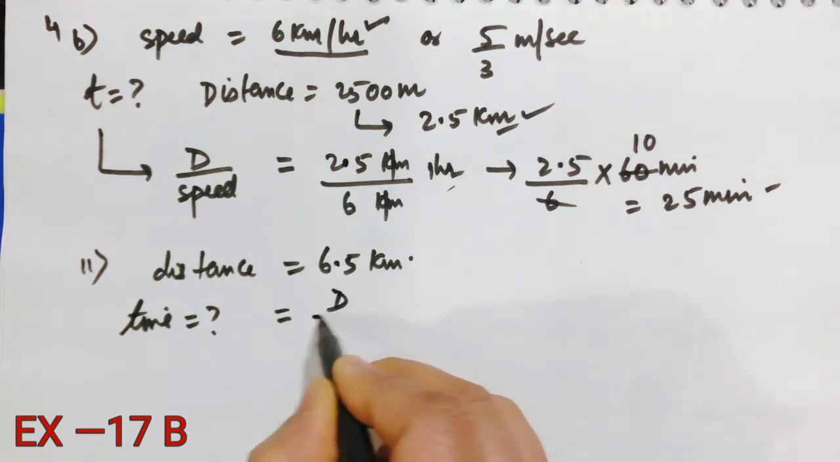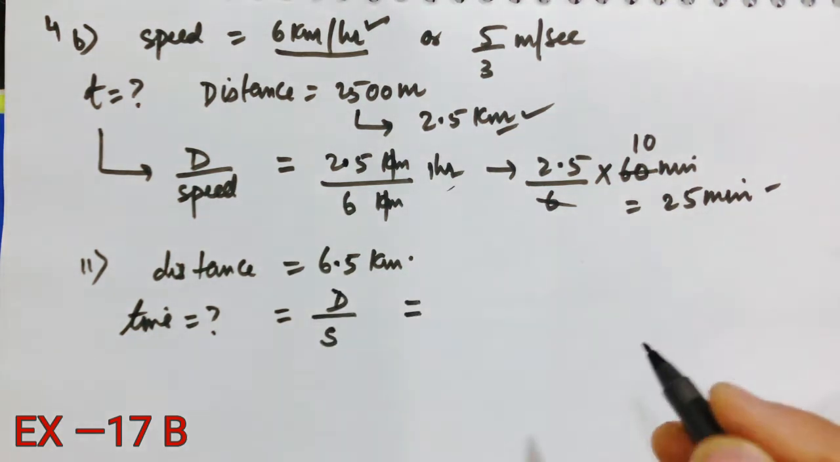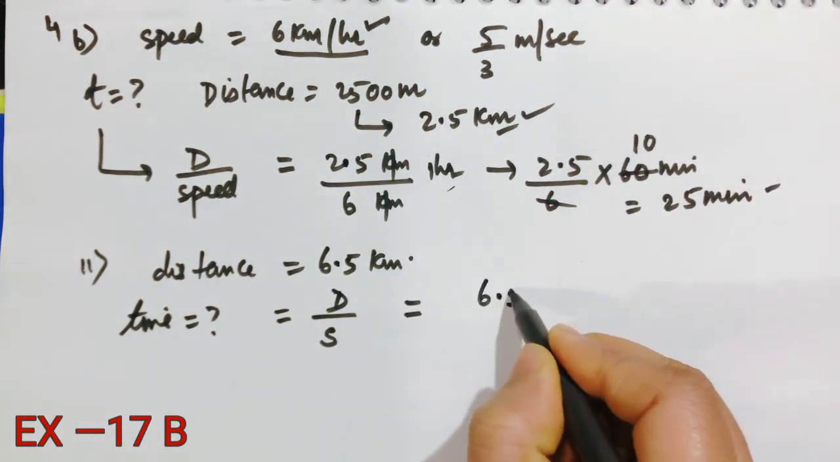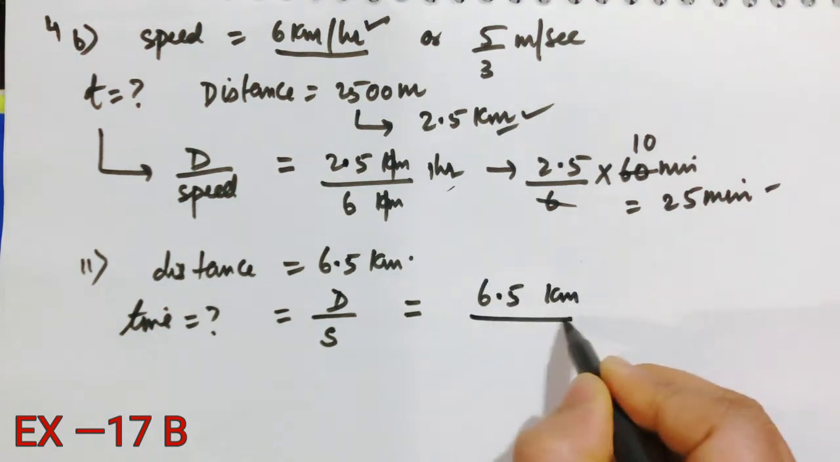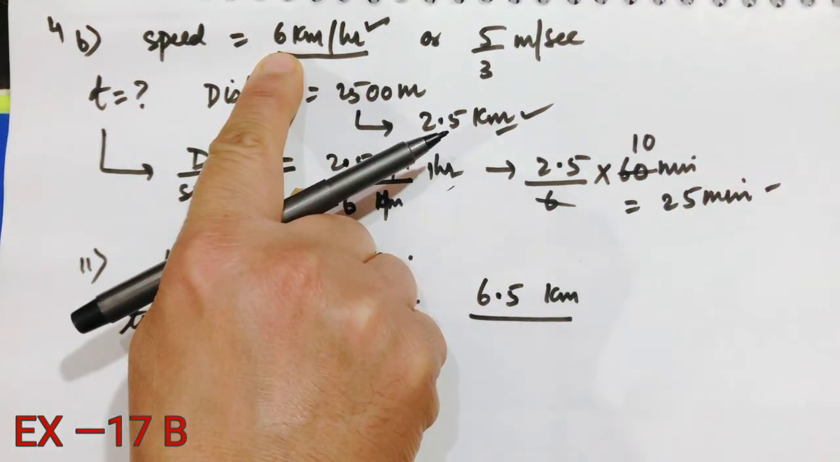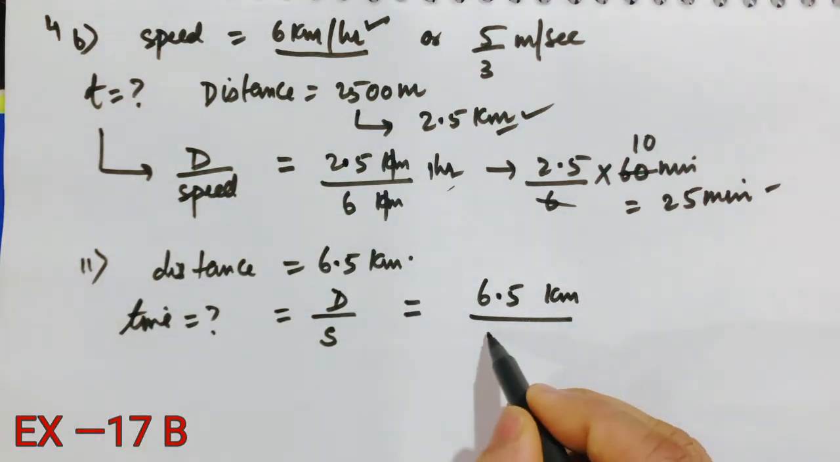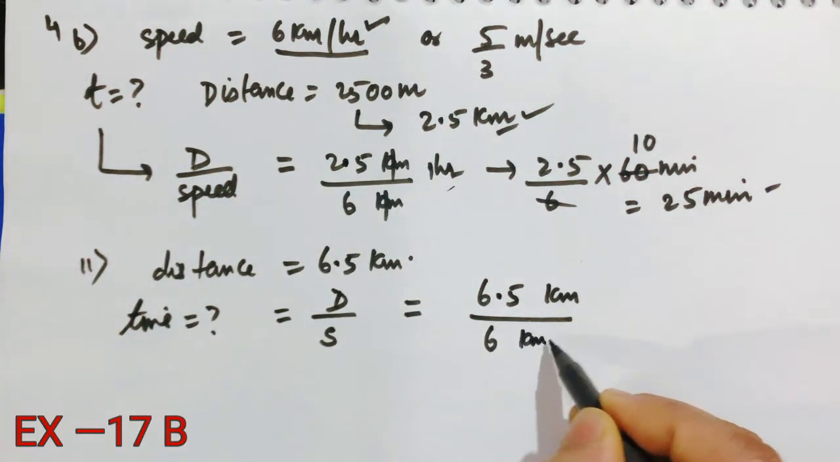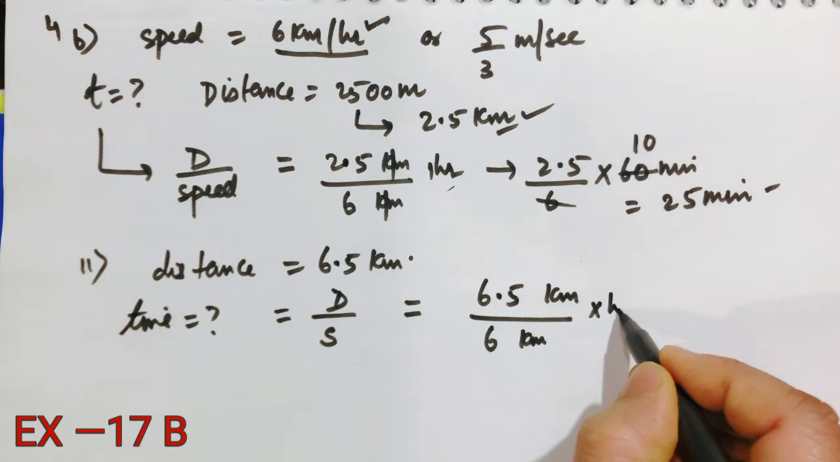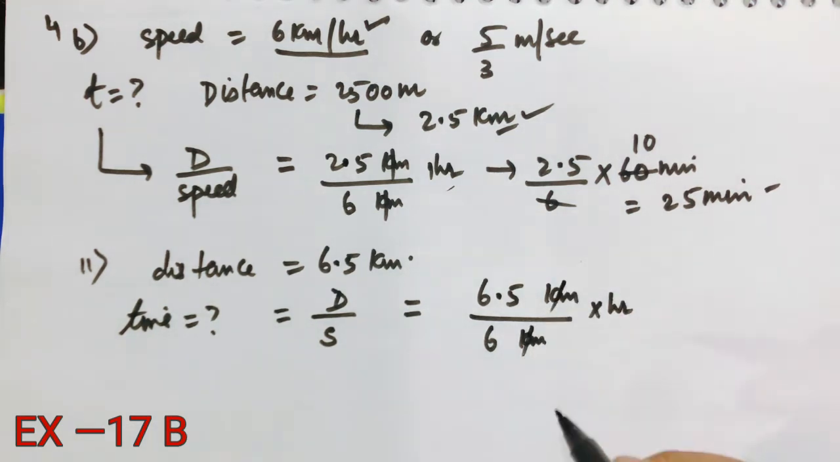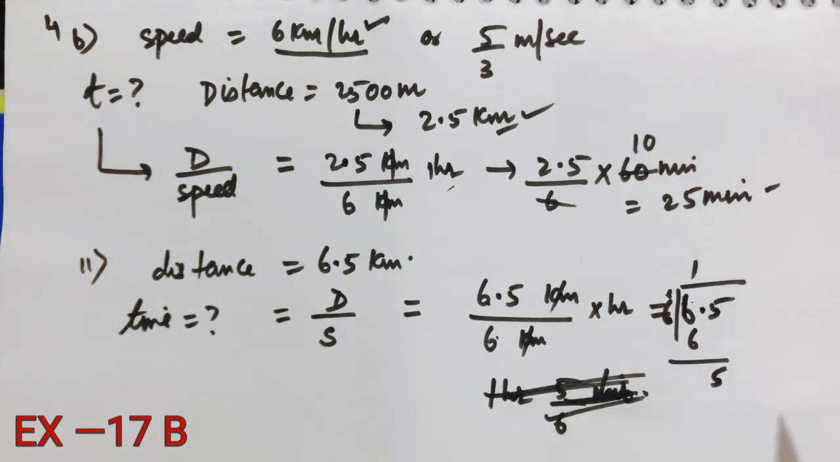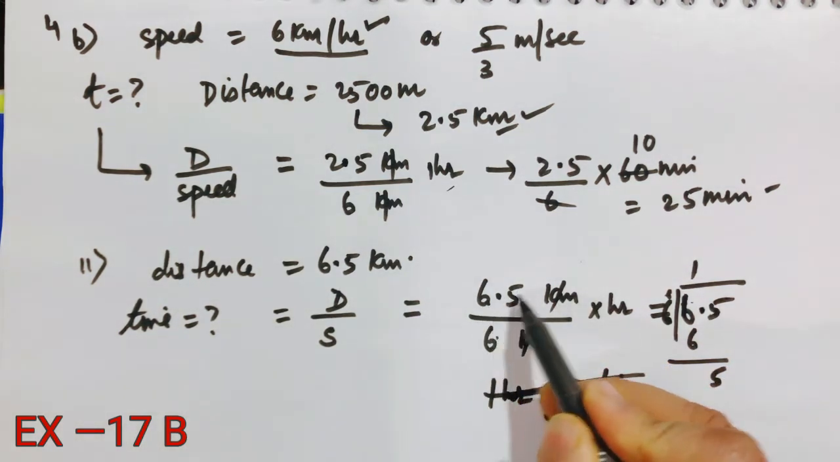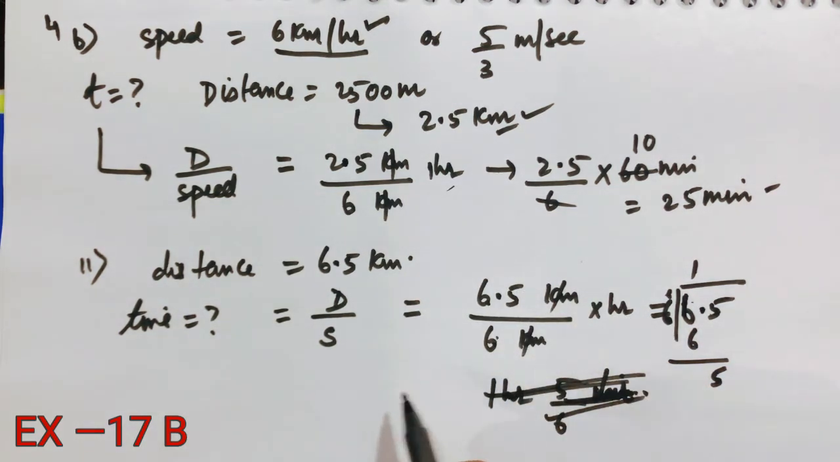Time will be equal to distance by speed. You already know the distance as 6.5 किलोमीटर. और आपका स्पीड क्या है, ये 6 किलोमीटर पर आवर है. तो आ जाइए, ये वाला 6 किलोमीटर पर आवर मीन्स आवर will go on the top. किलोमीटर गया, 6.5 divided by. So the simplest way to solve this 6.5 by 6 hour is,